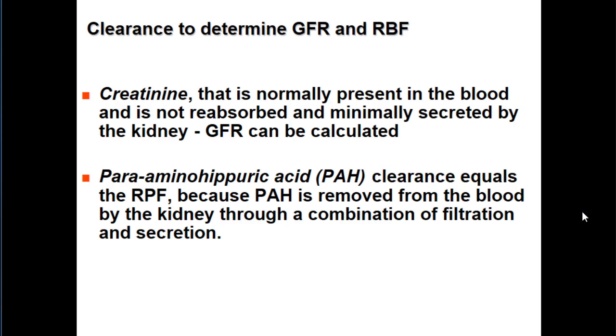So once again, to determine GFR, you can use inulin, which is not naturally present in the body. Instead, you can use creatinine, which is normally present in the blood, and it's not reabsorbed and minimally secreted by the kidney. So you can use it to calculate the GFR. And para-aminohippuric acid clearance is equal to the renal plasma flow, because this substance is removed from the blood by the kidney through a combination of